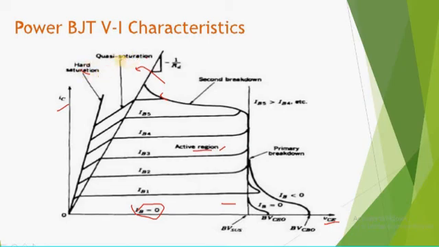A transistor is said to be in quasi saturation if and only if the on state to off state and off state to on state transition is fast. That's why quasi saturation region is normally used for medium frequency application. And in hard saturation, the time required for the transistor to go from on state to off state and off to on state is very large. That's why it is used in low frequency application.